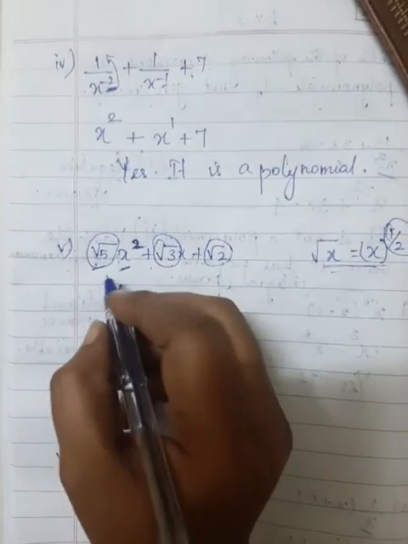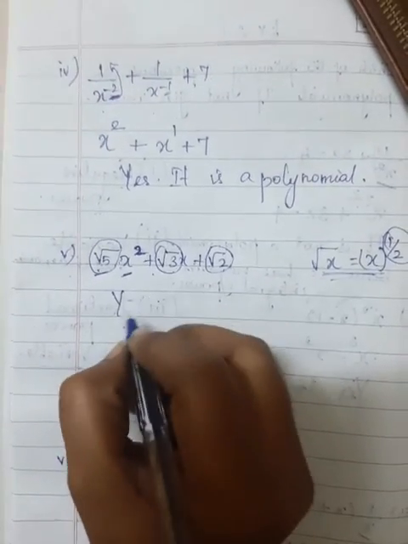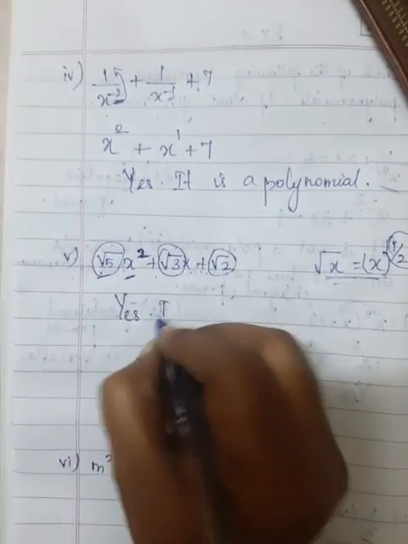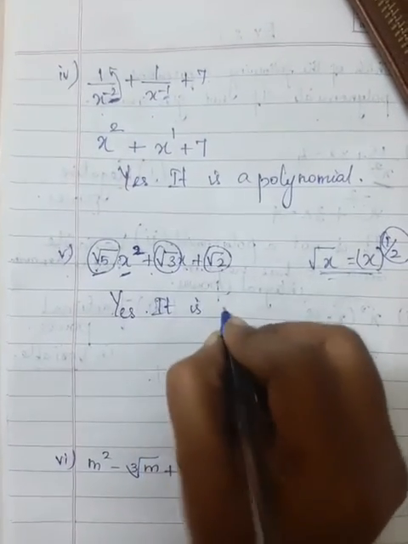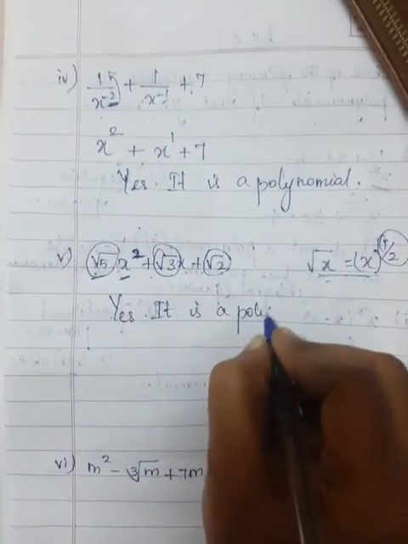Coefficient வந்து root numbers இருக்கலாம், என்ன numbers வேணாலும் இருக்கலாம். Okay, so yes, it is a polynomial. Variables மட்டும் தான் root value-ல இருக்கக்கூடாது. Okay,